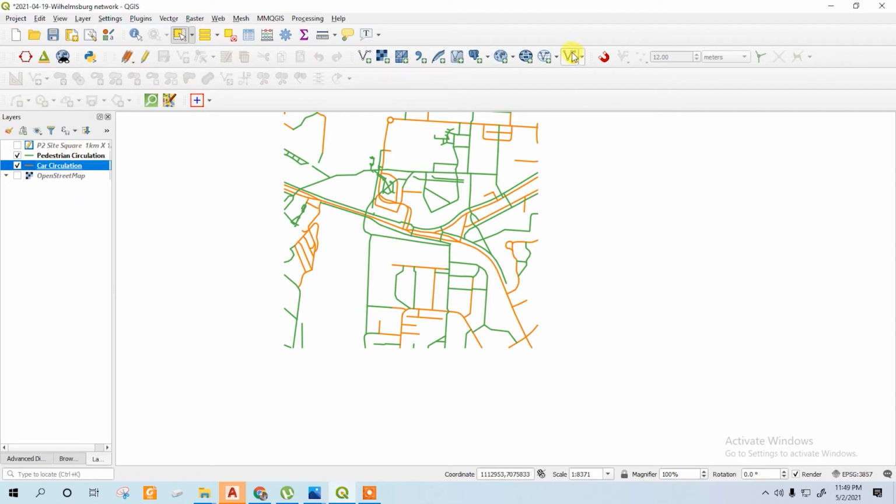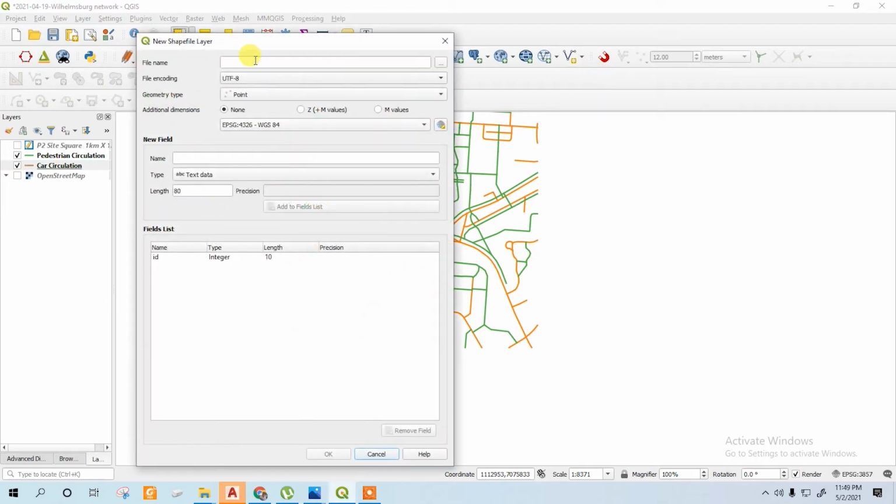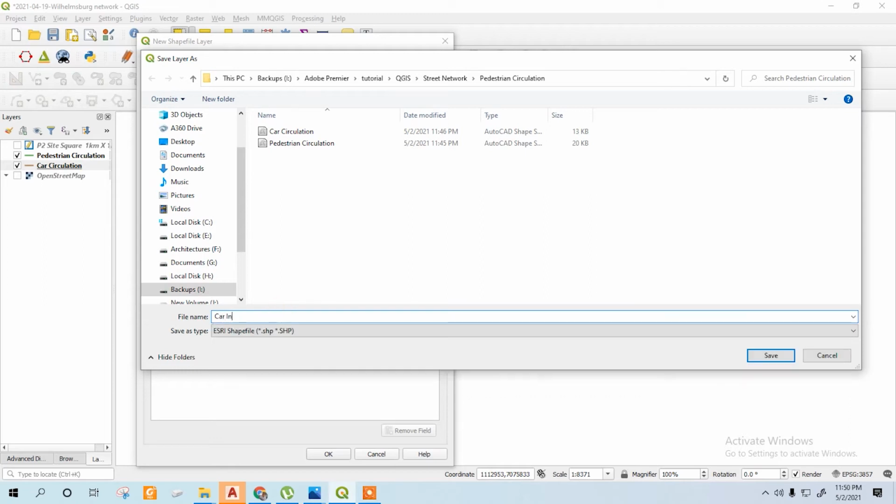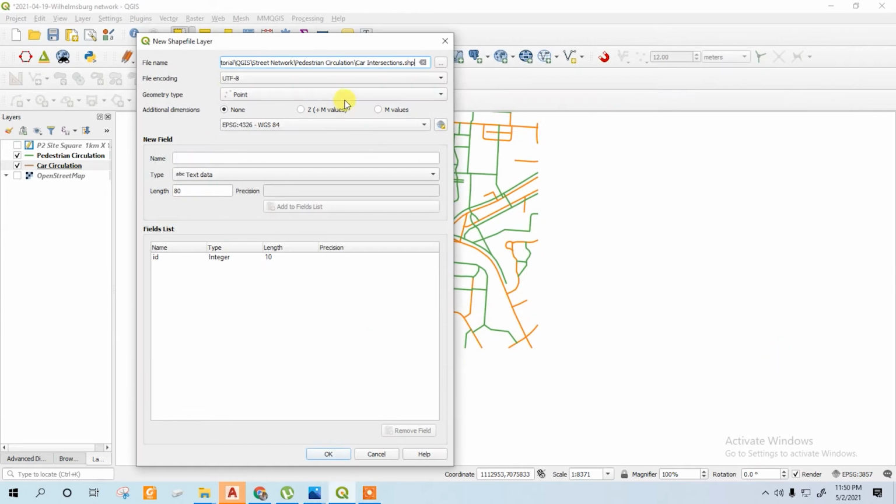Let's open two new layers, new shapefile, car intersections, save.